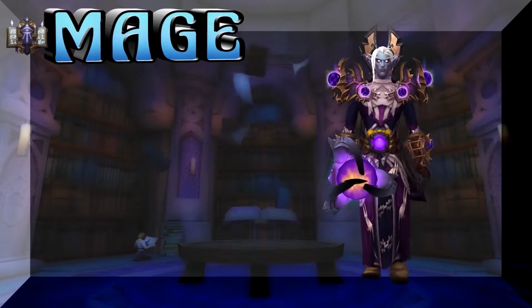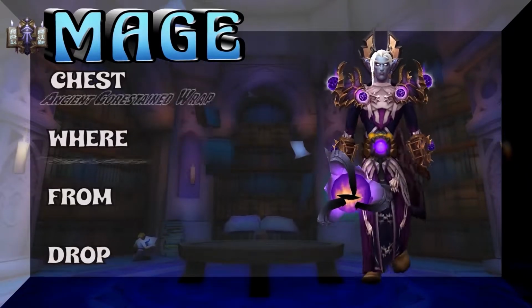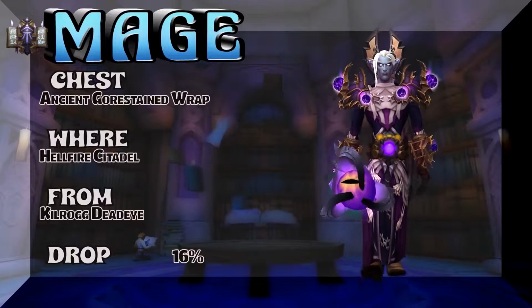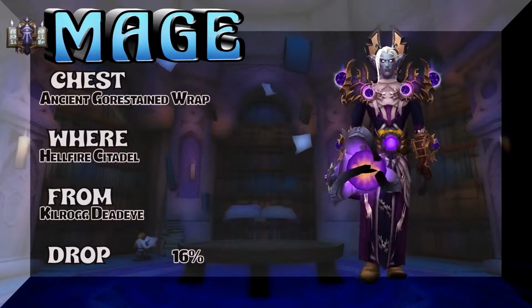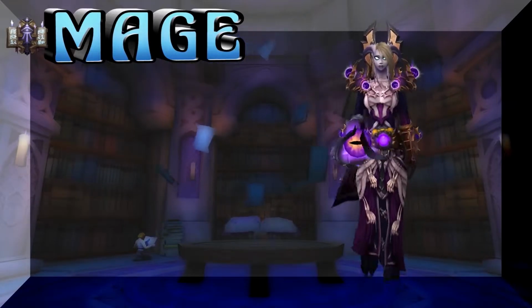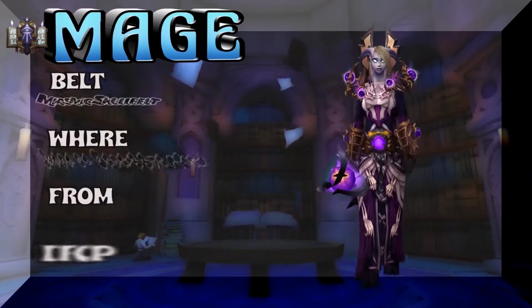Maybe it works for frost, doesn't really work for fire. The chest is the Ancient Gore-Stained Wrap, Hellfire Citadel, Killrock Deadeye is the boss, 16% on the drop rate for the robe. Moving on to the belt. Like this belt, I really like all versions of the